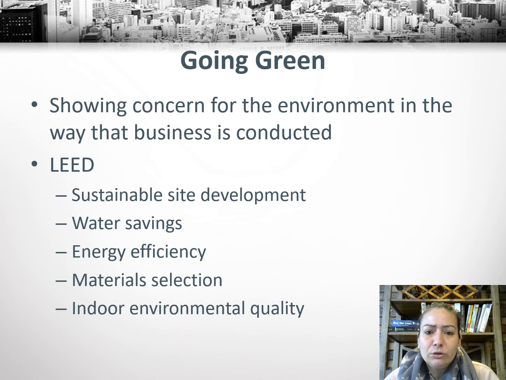So if you get a question in your test or exam, how do hotels take part in the whole Going Green initiative or show concern for the environment following the LEED initiative, you have to answer it with those five points. Sustainable site development: you have to answer that by saying they don't ruin or damage the local area where they have their property. Water savings: you will say that, like I've mentioned with a shower head, or you can mention the toilet,